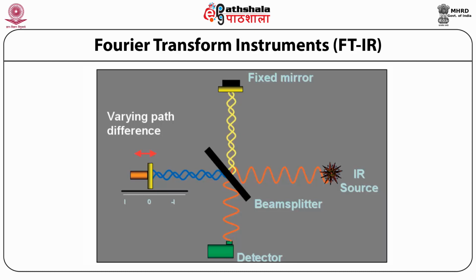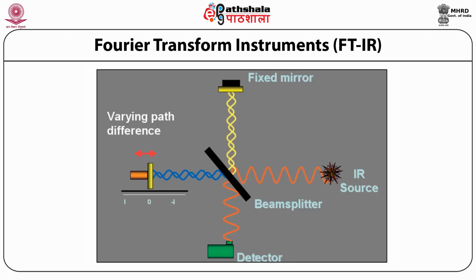The IR light from the source strikes the beam splitter, which produces two beams of roughly the same intensity. One beam strikes a fixed mirror and returns, while the second strikes a moving mirror. A laser parallels the IR light and also goes through the interferometer. The moving mirror oscillates at a constant velocity, timed using the laser frequency. The two beams are reflected from the mirrors and are recombined at the beam splitter.